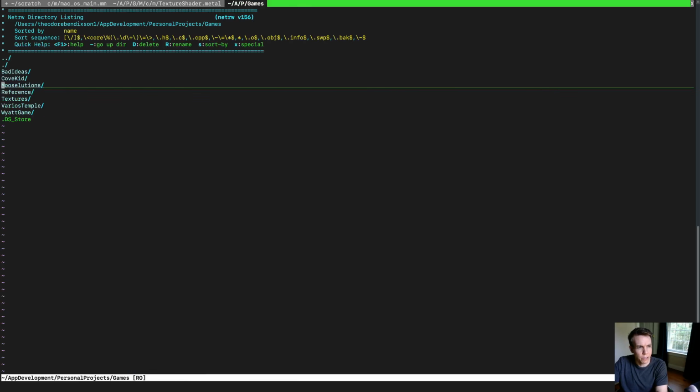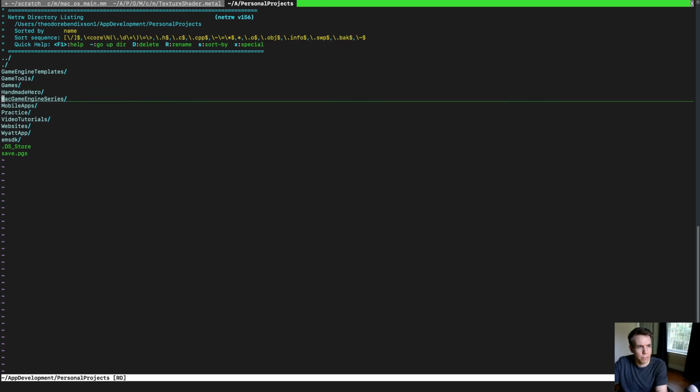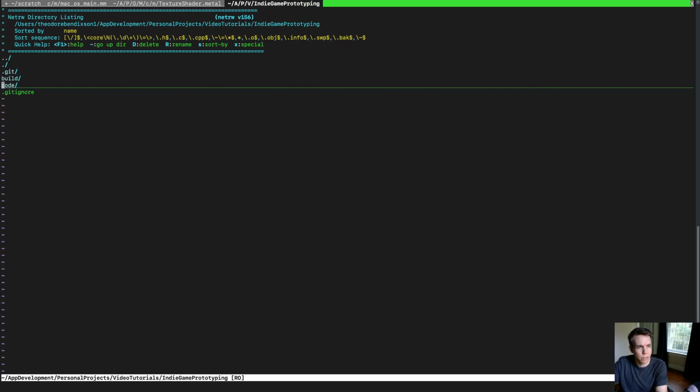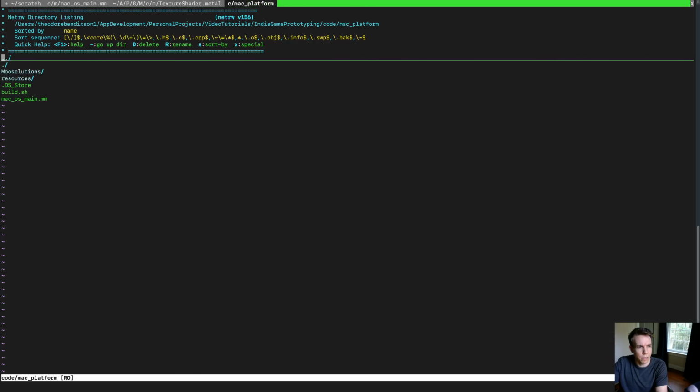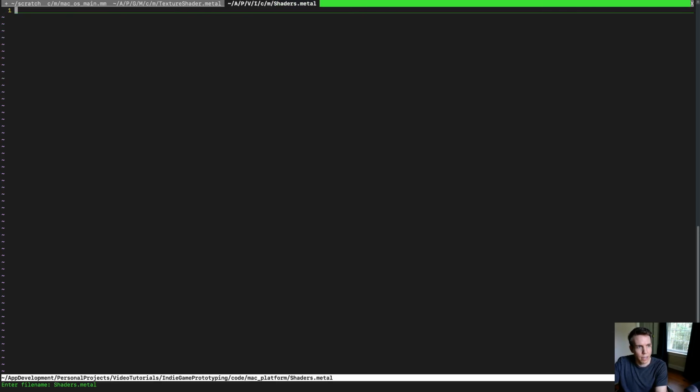So, if I go back to this game, video tutorials, and we're here. And now this is where I would start to make the metal file. So I would hit percentage if I'm in this NeoVim netrw thing, and I would just call it shaders.metal. And so now we're going to actually be inside of a metal document that we can then compile as part of the